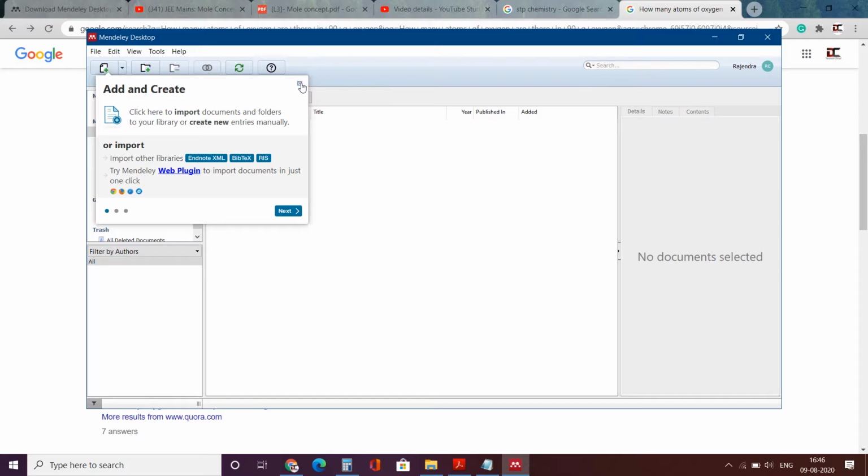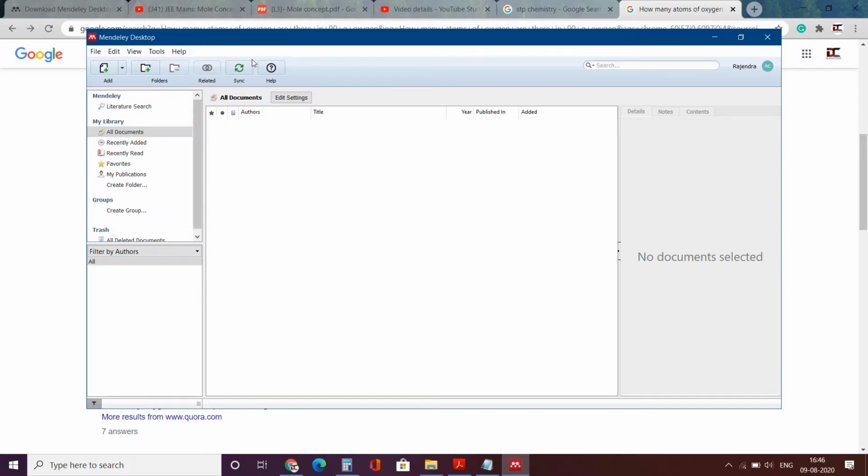I will close this. And first, when you try to learn any new software, you have to get well accustomed with its interface. This Mendeley Desktop has four panes, and this pane is where the Explorer is. Here you can explore various folders where your references will be, and this is filters, and you can apply any filter you want.